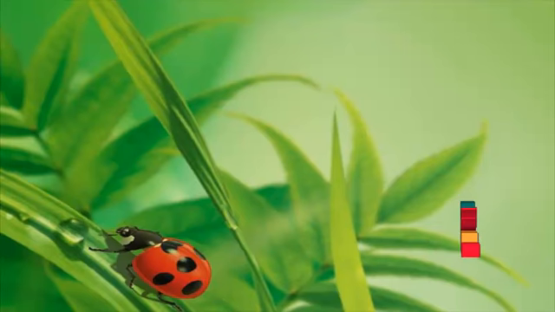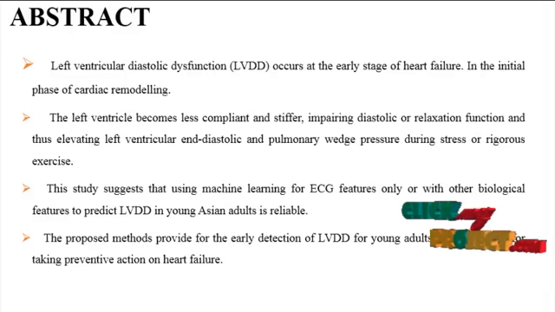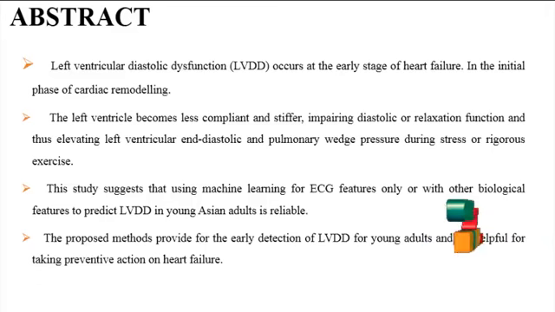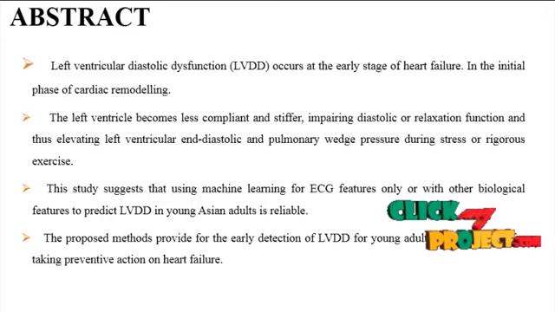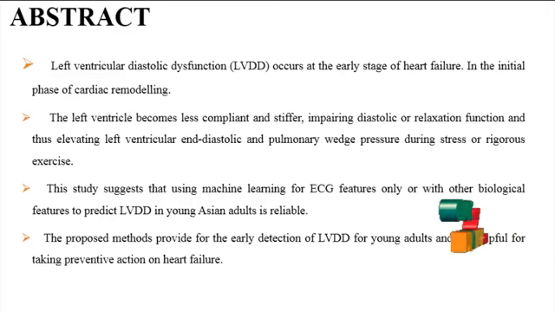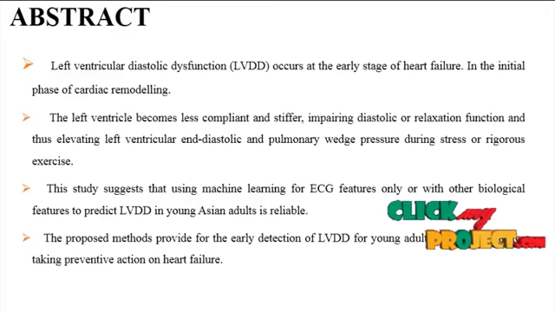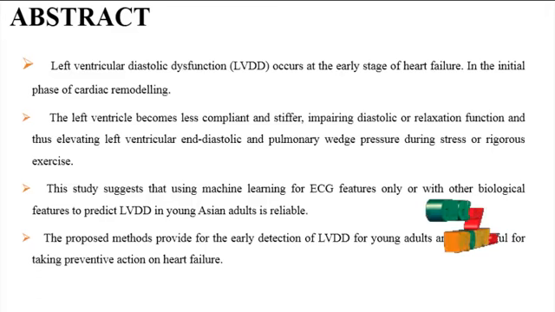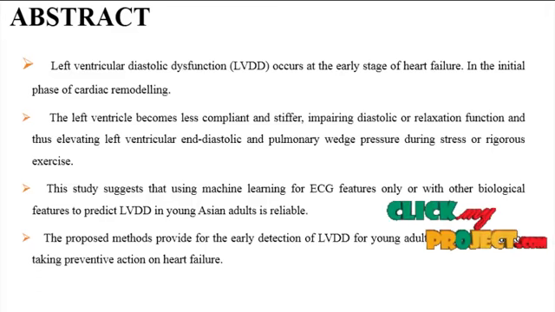Welcome to ClickMyProject.com. This project is electrocardiographic machine learning to predict left ventricular diastolic dysfunction in Asian young male adults. Left ventricular diastolic dysfunction occurs at the early stage of heart failure. In the initial phase of cardiac remodeling, the left ventricle becomes less compliant and stiffer, impairing diastolic or relaxation function